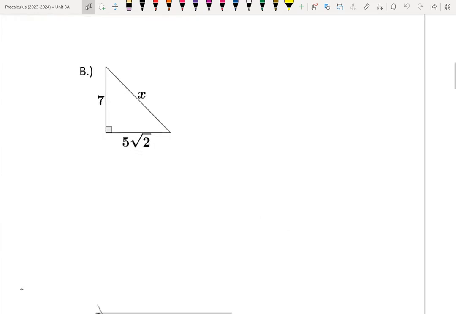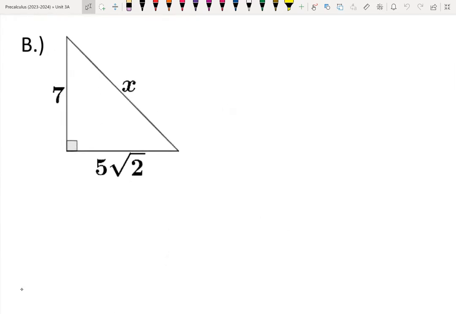So let's go ahead and set up our Pythagorean theorem with B here. We are solving for x. So anybody want to help us out? How would we set up that lovely Pythagorean theorem with what we're given? All right, 7 what? 7 squared. Remember, it's a squared plus b squared equals c squared. So 7 squared plus